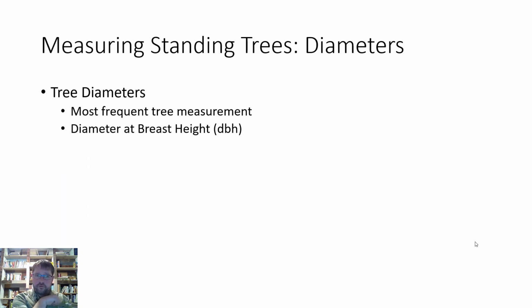Okay, so tree diameters, like I was just saying, this is probably the most frequent tree measurement. It's the easiest one to take, and it gives you a lot of information as long as you have those other variables which you've calculated before, or you can pull them up from previous data collection events and things like that. Okay, so DBH stands for diameter at breast height,